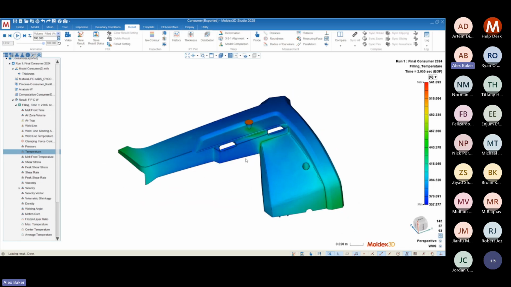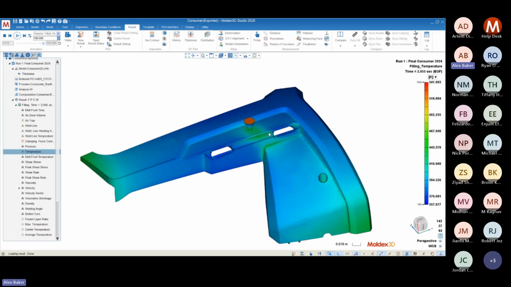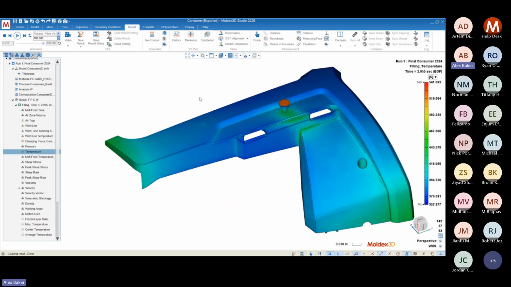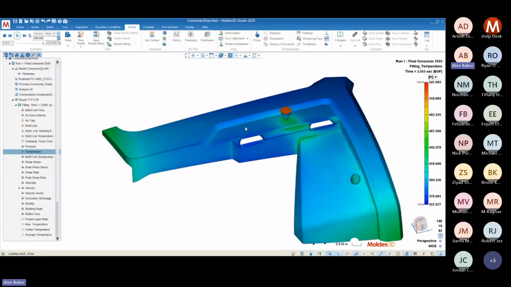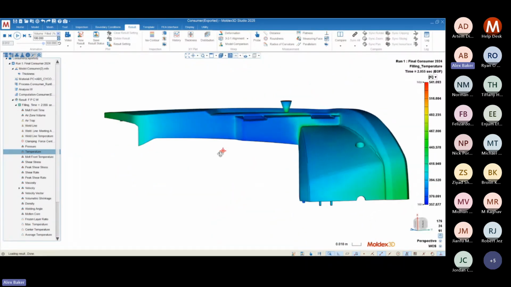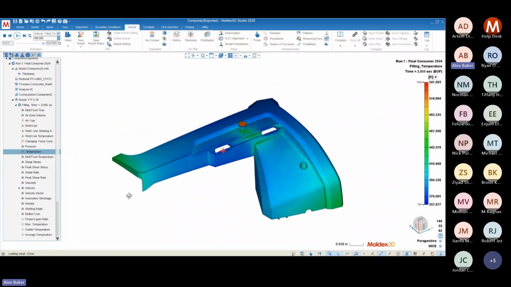Now, what I'm seeing here is actually just the surface result of temperature. This is the temperature of the material that is in contact with the mold steel. Remember that in Moldex3D, we use a 3D type of solver. That means that we don't only have the results on the surface, we also have the results through the thickness of our part geometry. And so we have a few tools that help us to visualize that information through the